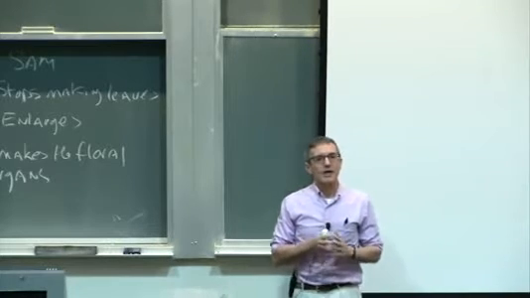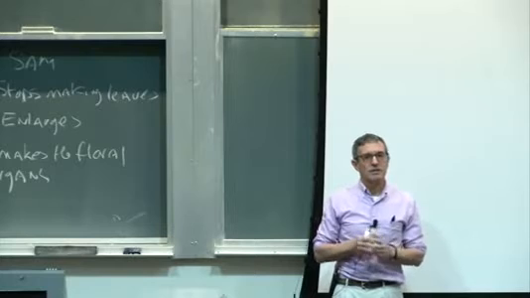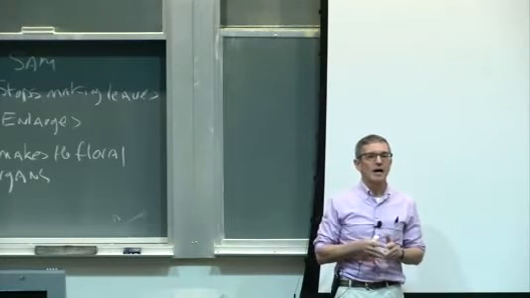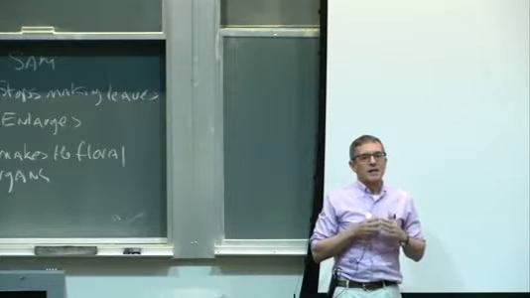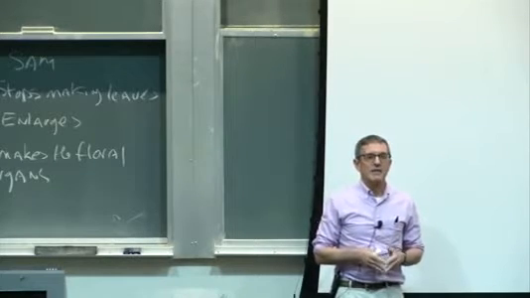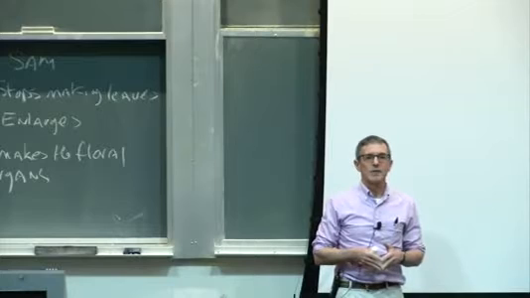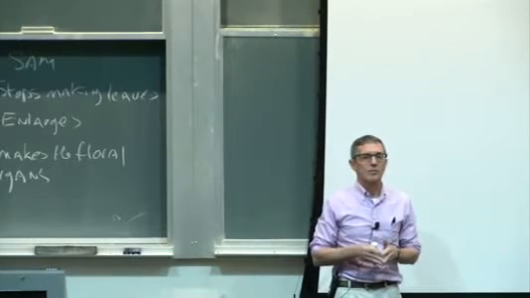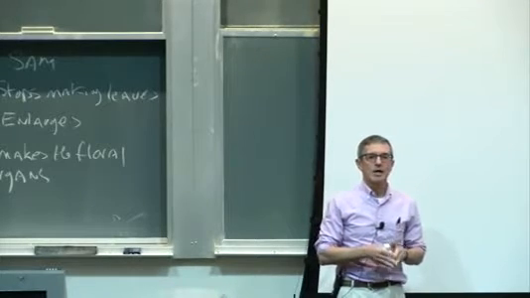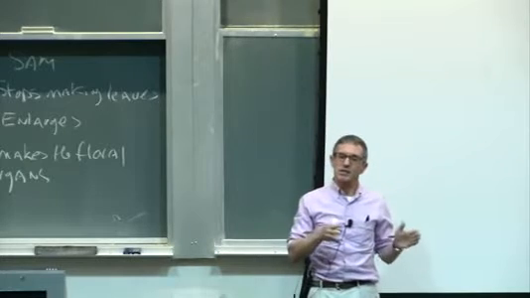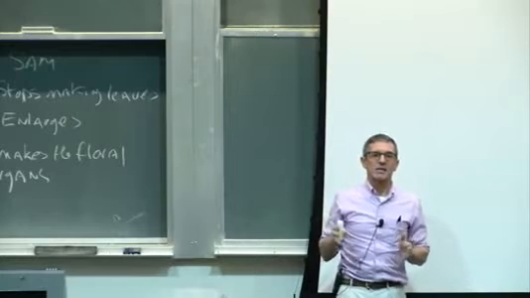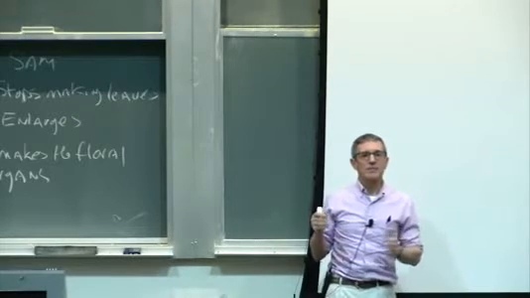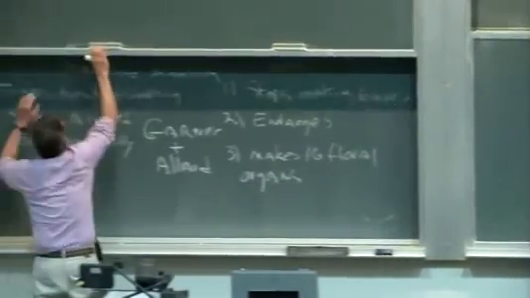And what Garner and Allard discovered, and this is the basic insight to the beginning of flowering, is that the length of the day, that is the amount of light which was being produced, we'll explore this statement more in a moment, gradually got less as the fall and winter were coming on, and they hypothesized that the decrease in the amount of light, or as it is known, the photoperiod,